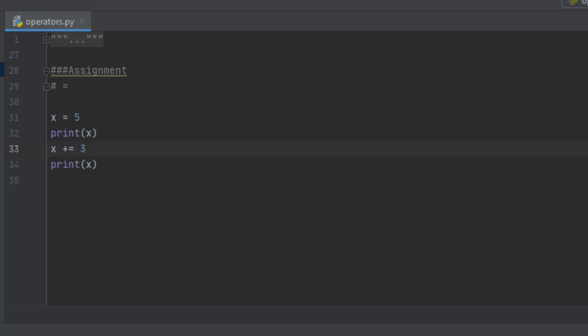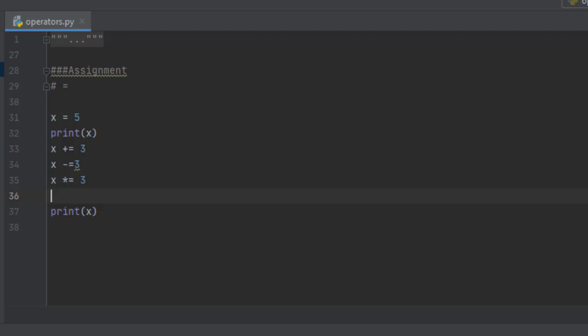Suppose you are subtracting the same way. I want x is equal to x minus 3. Then what do you do? Simply x minus equal to 3. If you want to multiply, x multiply equal to 3. Means x multiply equal to 3 is nothing but x is equal to x multiplied by 3.